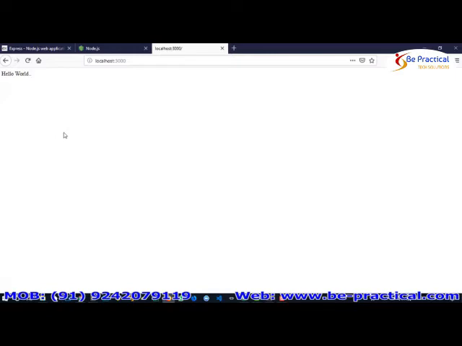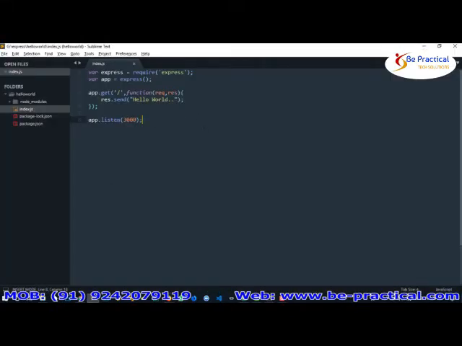First we have to understand how this app works. We'll go back to the editor and look at each and every method. First we'll discuss the app.get method. Within the app.get method, the first parameter is the route and the second parameter is a callback function. This function tells us what to do when a get request at the given route is called.